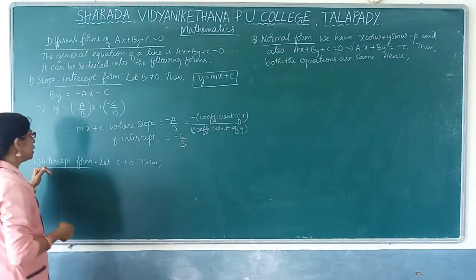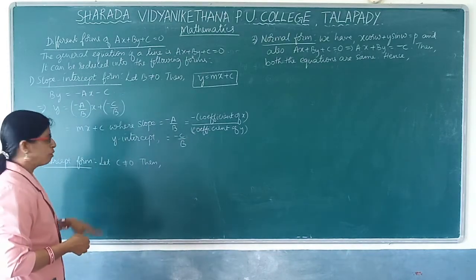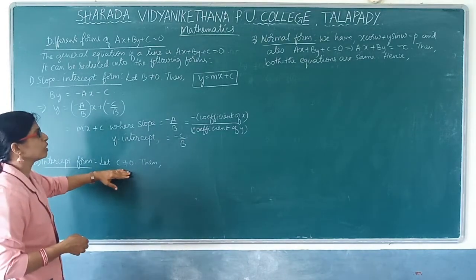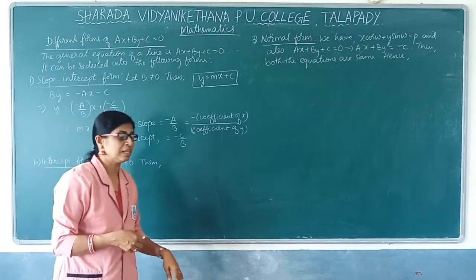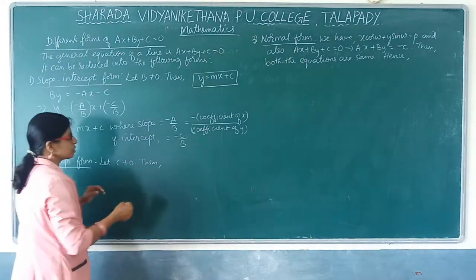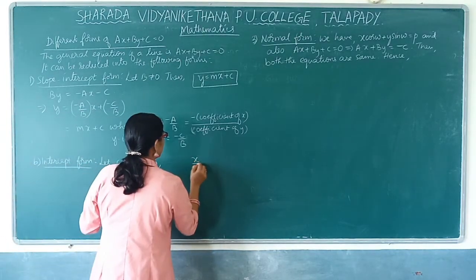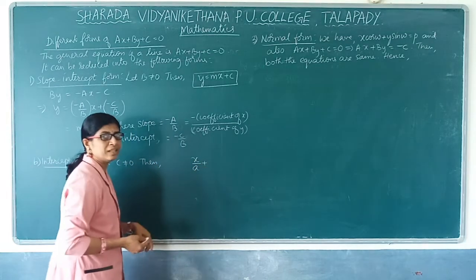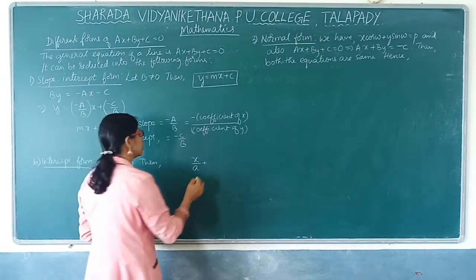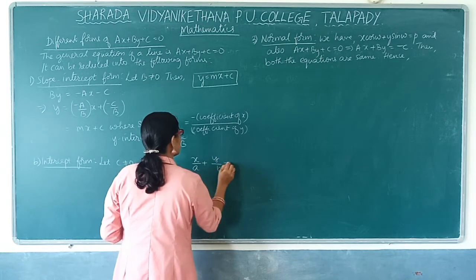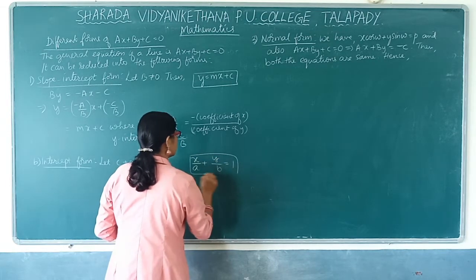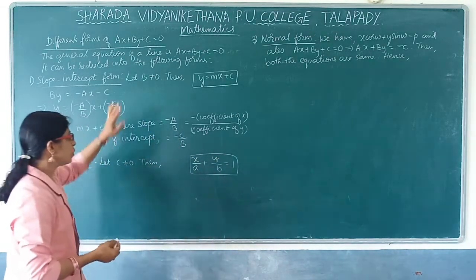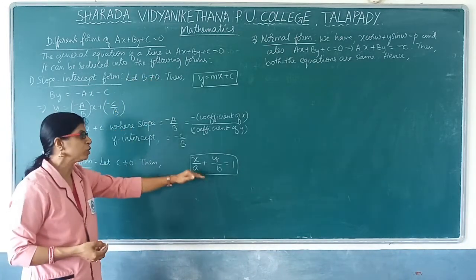So next we will go to intercept form of equation of a line. For this we have to take c as not equal to 0. Let us see why it is not equal to 0. You know what is the equation of a line in the intercept form. What did we study in the previous class? We have studied intercept form of equation of a line is nothing but x by a plus y by b is equal to 1. This we have to keep in mind, because the general form of the equation of the line we have to bring to this form.